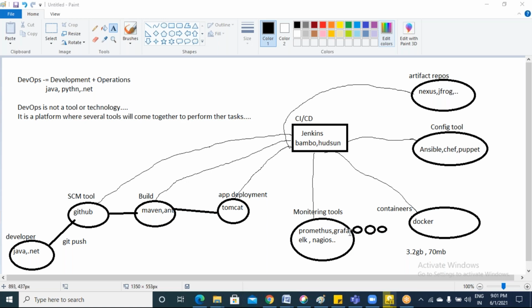Yes, Docker is used to create the images, to create the containers, and to run the applications. Yeah, got it. Thank you.